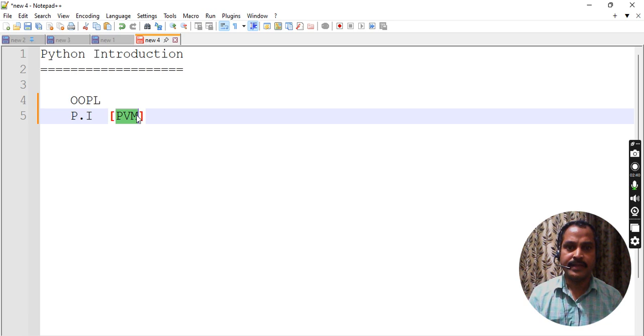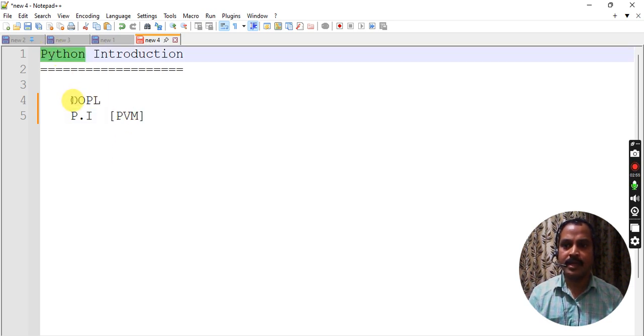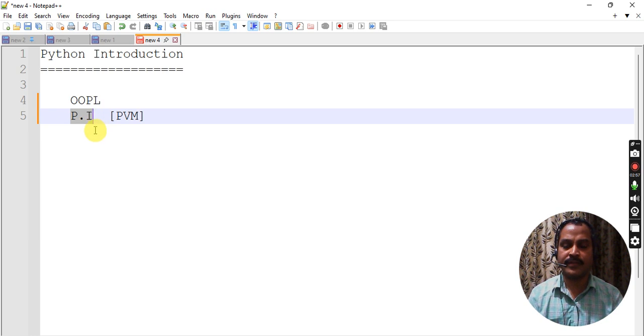Then after that it will generate the output of that program and convert the information into a specific operating system understandable language. That is the work of the PVM. That's why Python is a platform independent programming language, because internally it contains the PVM, Python virtual machine.